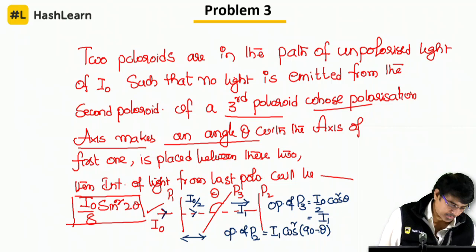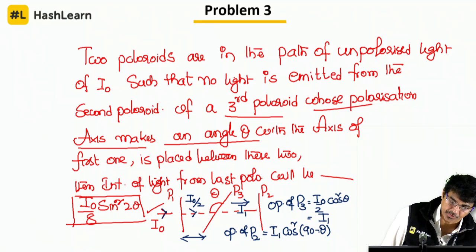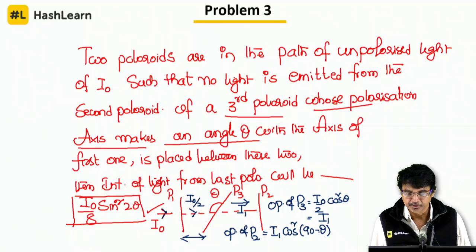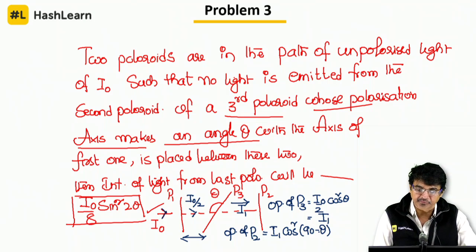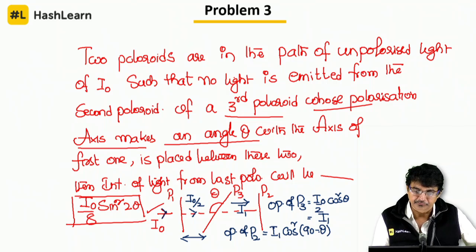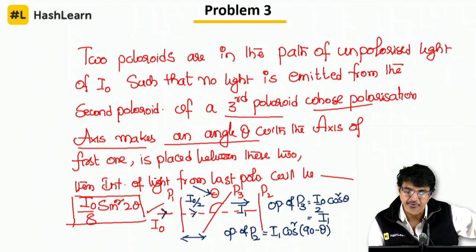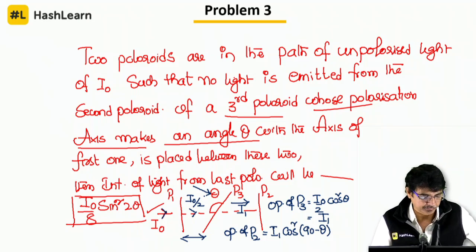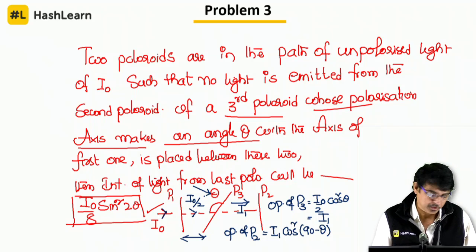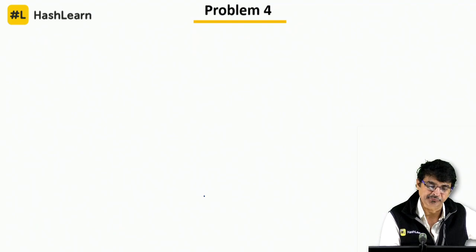So, the unpolarized light intensity mentioned in the problem is I0. From the first polaroid, it will be I0 by 2. It is given to the central polaroid where the angle is mentioned as theta. Then the output of the central polaroid is equal to I0 by 2 cos square theta. I call it I1. This I1 is input to the extreme polaroid P2. So, the output of P2, applying the law of Malus, is I1 cos square of 90 minus theta,